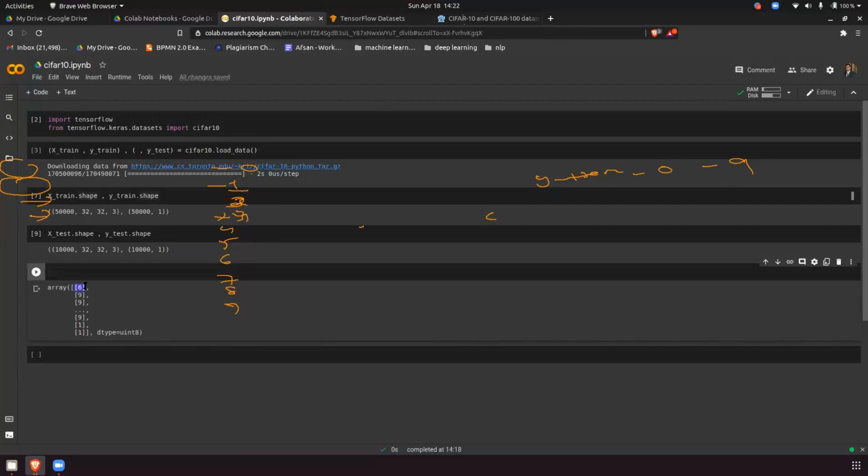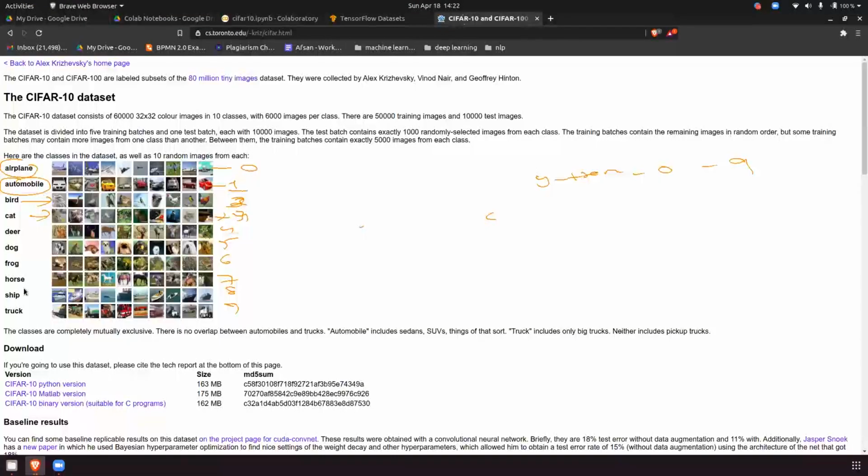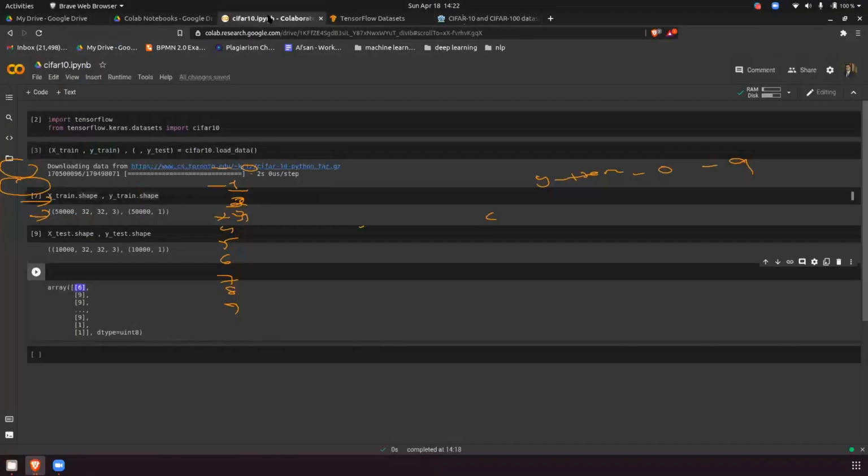Can you tell me? So 0, 1, 2, 3, 4, 5, 6, frog. So the first image is a frog. Okay, so they have annotated in this way.